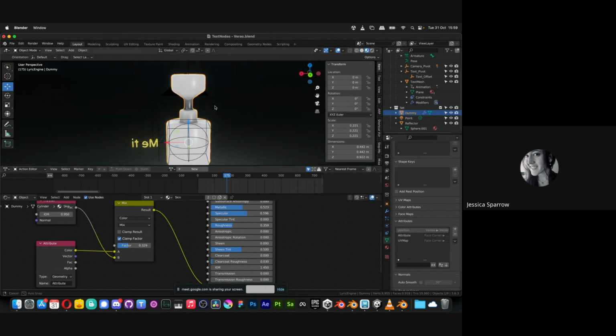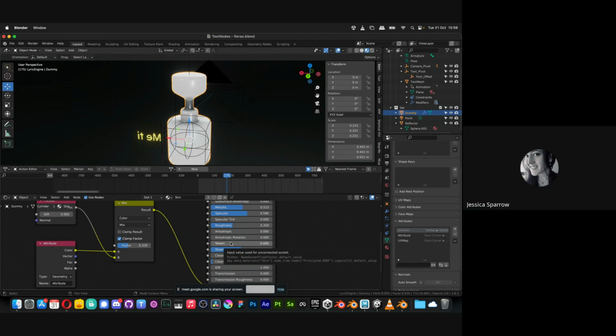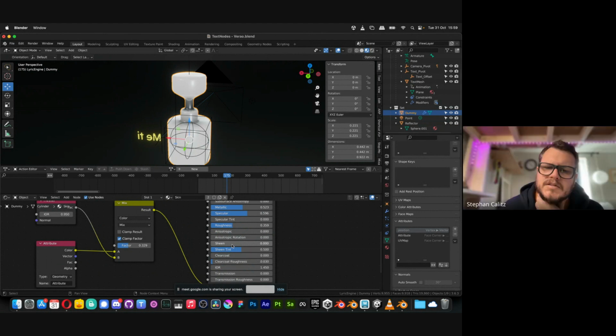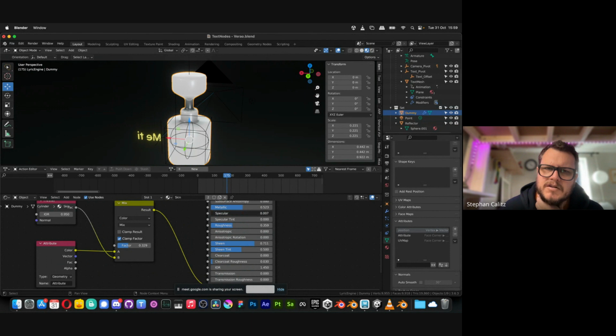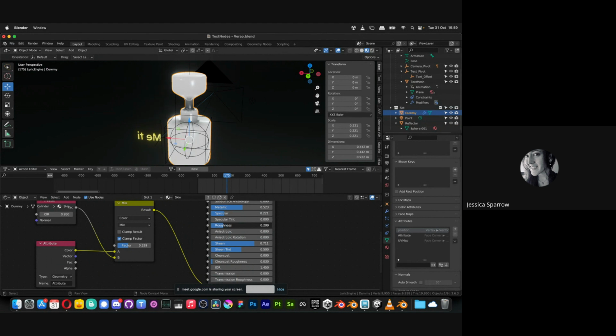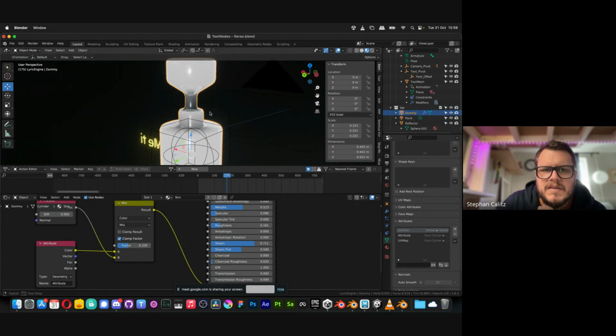Oh, what does the sheen do? Sheen makes it look more like cloth. Okay, so you want that high for the texture. It's like a velvety thing that happens on top, but you won't pick it up if you already have too much specular. Then sheen doesn't really do much because the specular is overriding it. Because cloth is normally quite low in specular, but it has a rim light, like an edge. So it's normally quite matte with a little bit of sheen, like a velvetiness to it. So that's what that helps with.